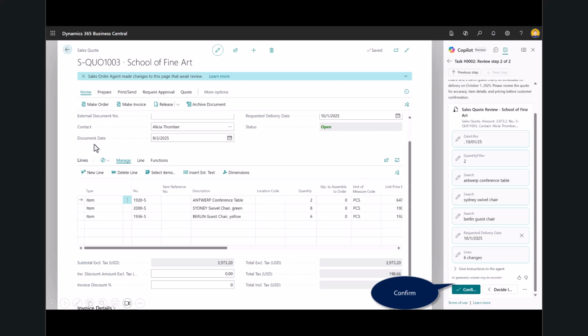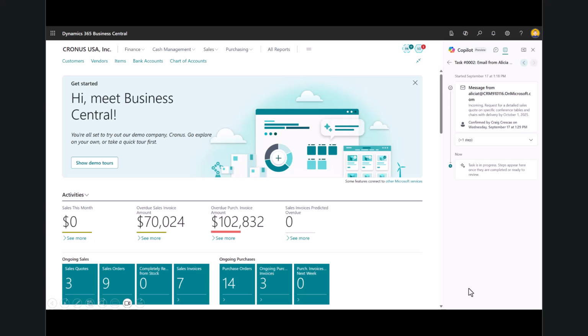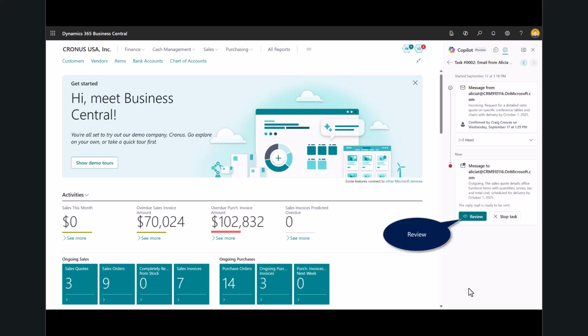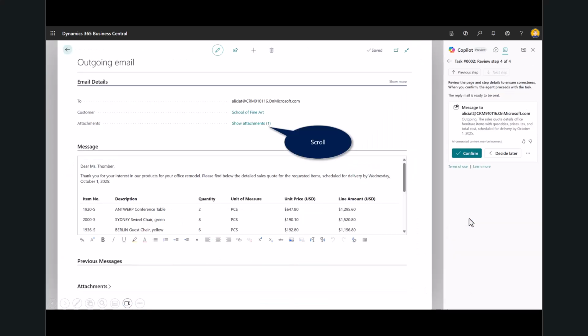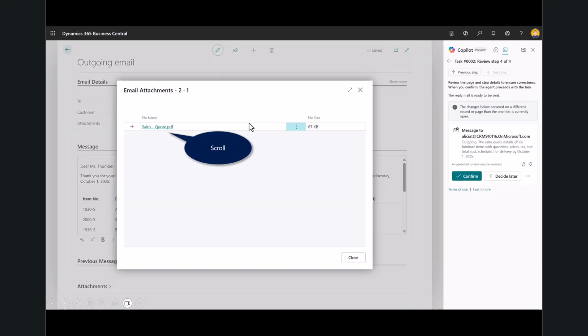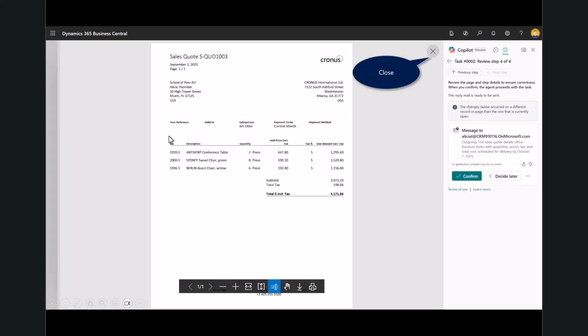And you'll see here, the agent's created a quote ending in 1003, and that is confirmed. It looks good to me, along with the requested ship date. And then you'll also notice that my sales quotes in the tile is now increased from 2 to 3. That process is in progress. And once it's done, of course, I need to review the outgoing message to the client. So the agent will create a presentation or a very nice styled email along with the attachment that's going to be sent out. And you can see what that looks like.